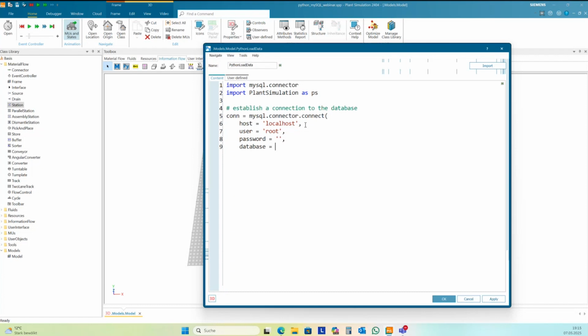My database name is input data. Maybe you need also to define a port number. I run this database on the default port number, and so there is more information if you have other database servers.